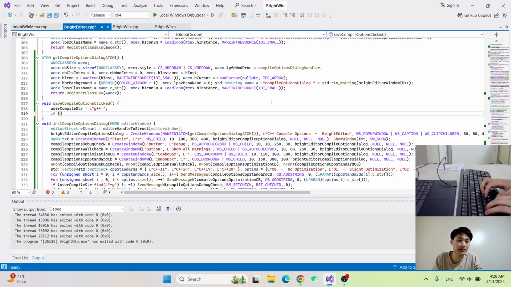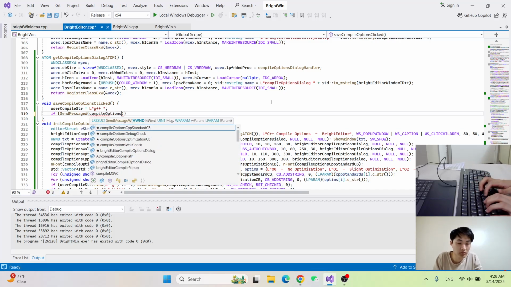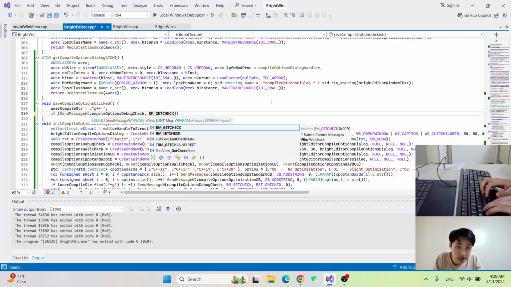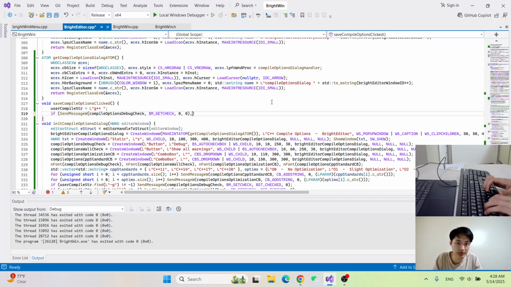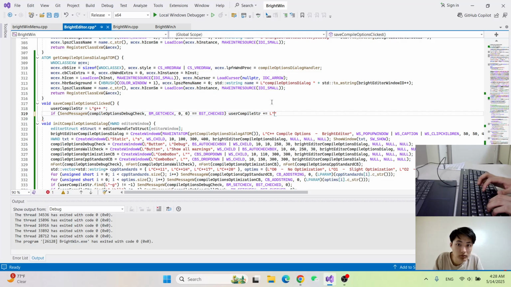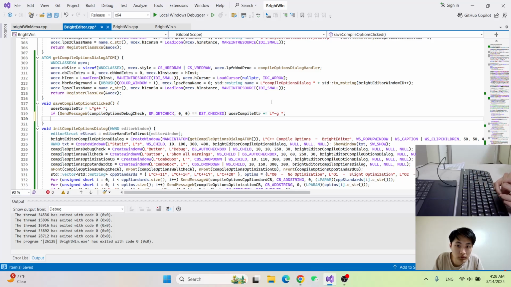Okay, so now we want to see if the thing got checked or not. I think it's get check, right? Yeah, I'm pretty sure there's no if this is checked. Then we're going to add